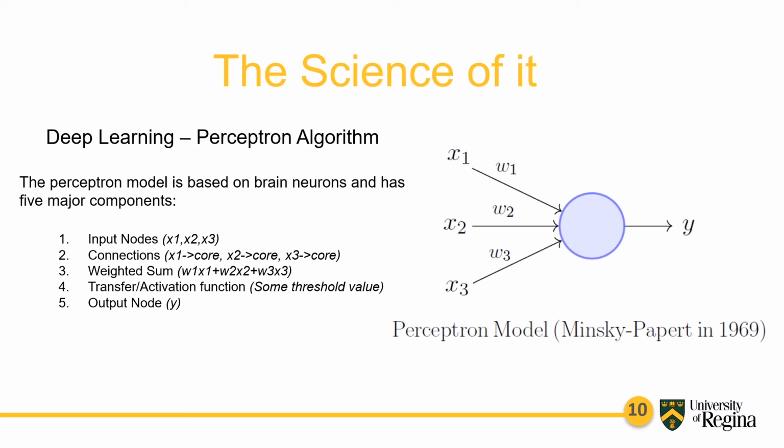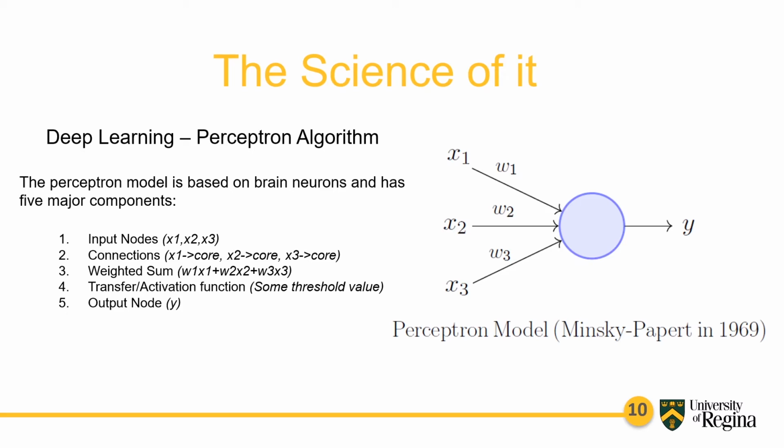To get a perspective of this method, let us go to the very basics, the perceptron learning algorithm. Perceptron learning is based on the operation of one single neuron. This artificial neuron is comprised of five main components. It has various input nodes labeled here as x1, x2, and x3. These input nodes are each connected to what we call the core of the neuron. Each connection has a certain amount of weight associated to it, labeled here as W1, W2, and W3.